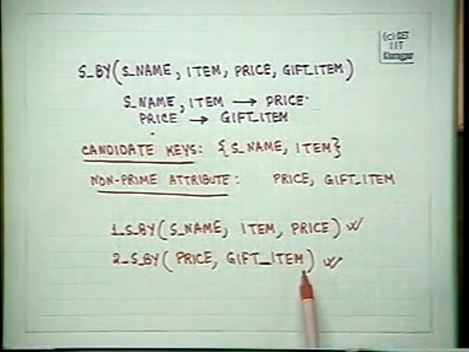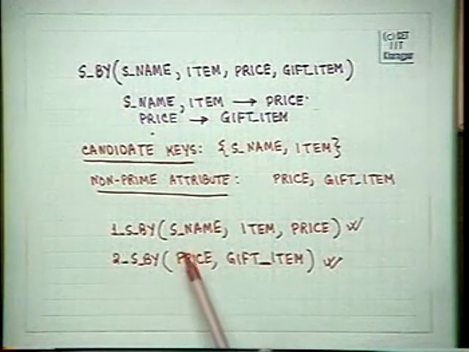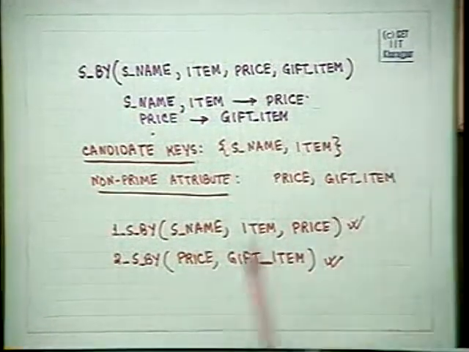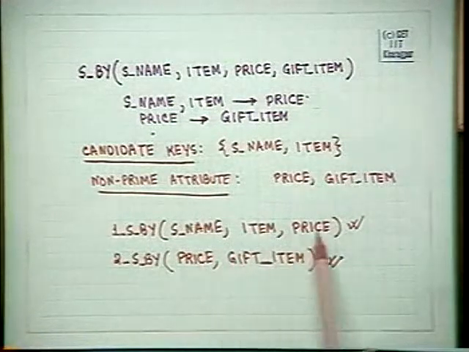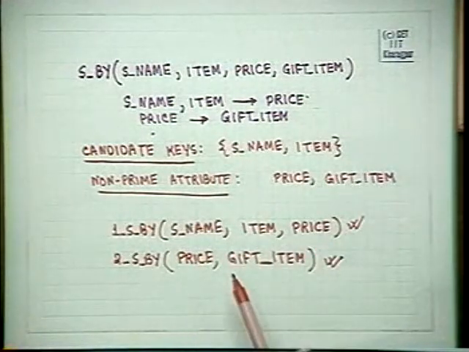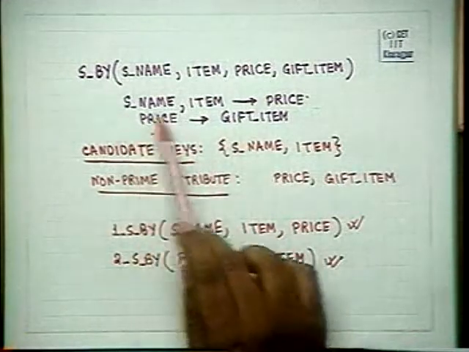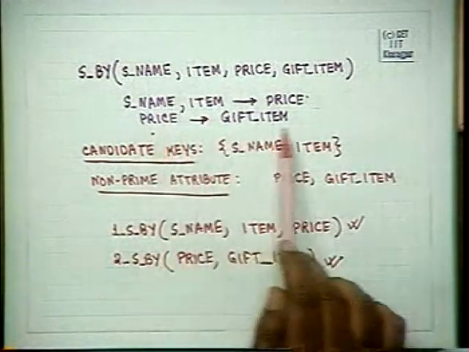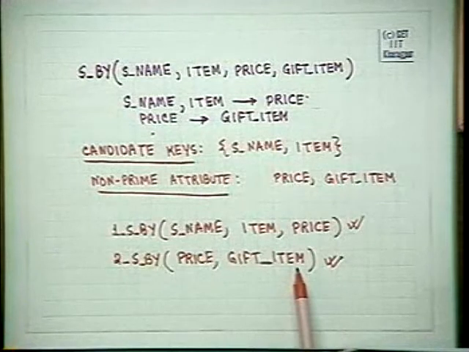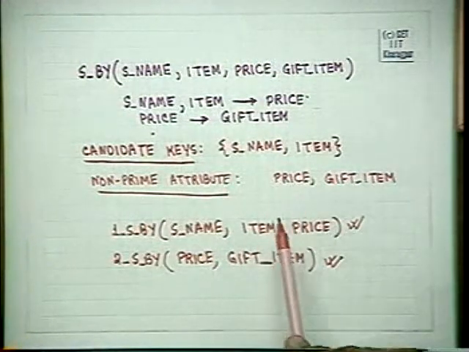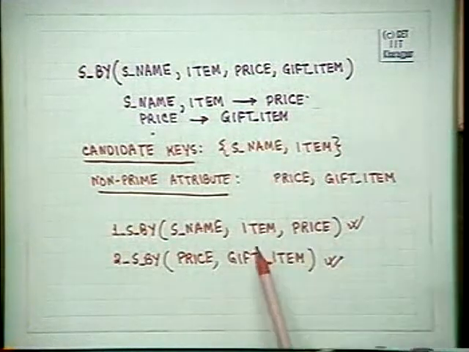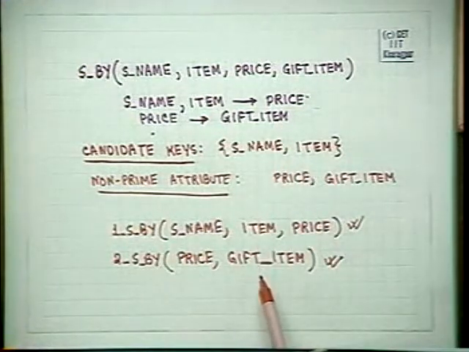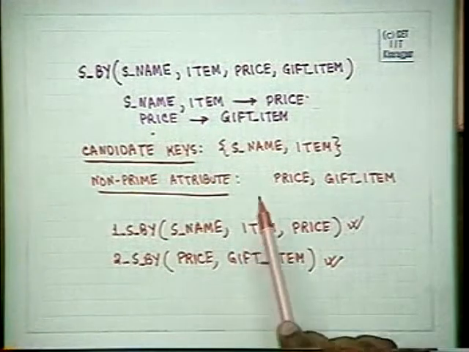And if we do a natural join with the first and the second, we are bound to get back this one, because price is a super key here, and it is a common attribute between these two relation schemes. And now in this one, the first functional dependency holds, in the second one the second functional dependency holds, and it is in third normal form. The functional dependencies are preserved, it is a lossless join decomposition.